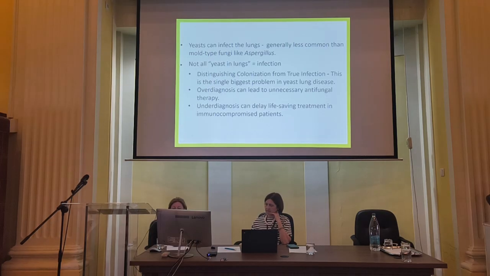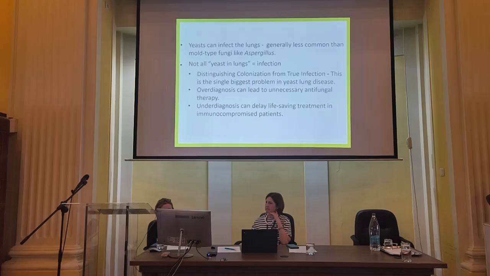overdiagnosis can lead to unnecessary antifungal treatment, exposing patients to drug toxicity, increasing antifungal resistance, and other problems. On the other hand, underdiagnosis may delay life-saving therapy, especially if people are immunocompromised, where these infections can progress very rapidly and eventually be fatal. For this reason, clinicians must always combine clinical findings, imaging, microbiology, and patient risk factors before they make a